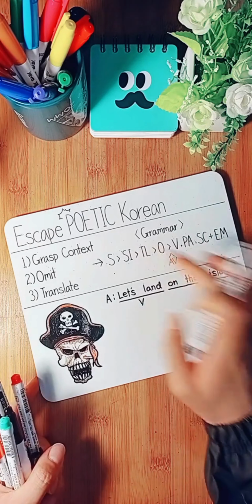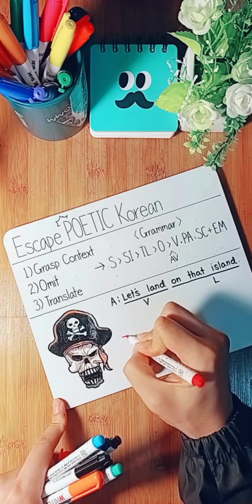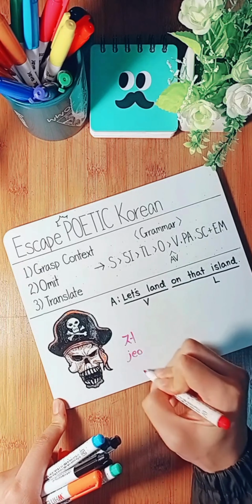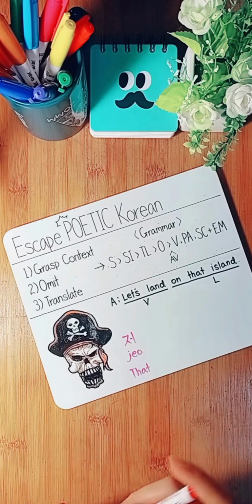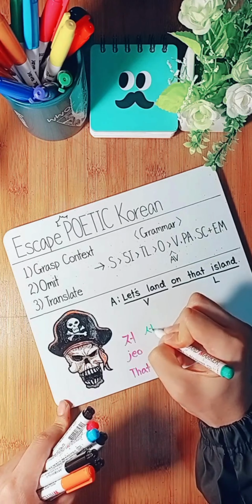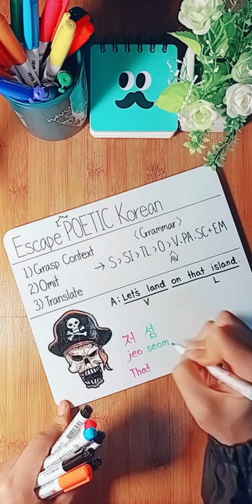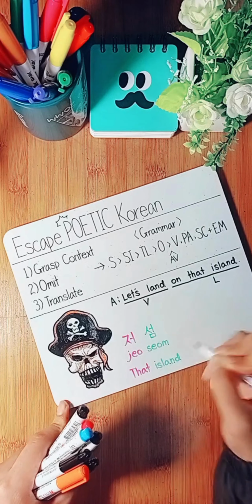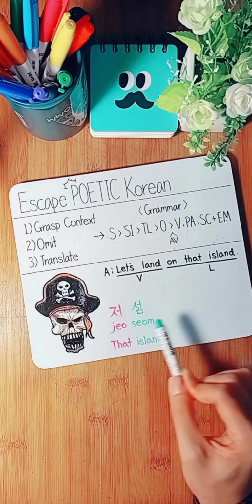Okay, so of course location first, and we know how to say that island, right? 저. And then, not the only way of saying island, but the most colloquial, 섬. 섬, island. Okay, 저 섬,